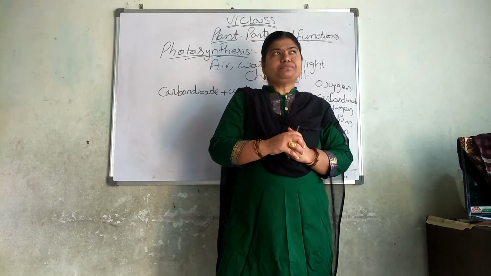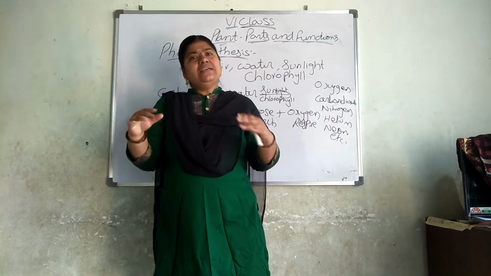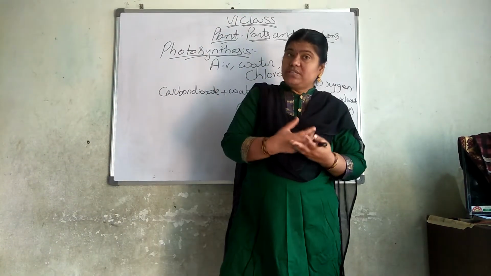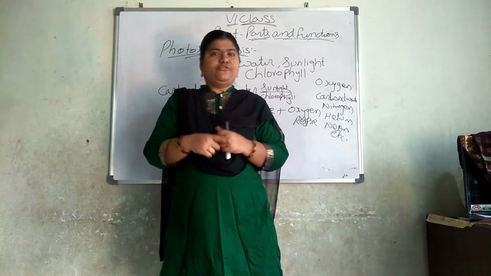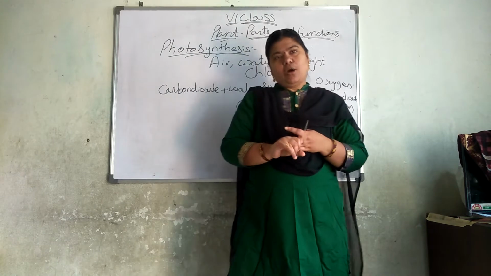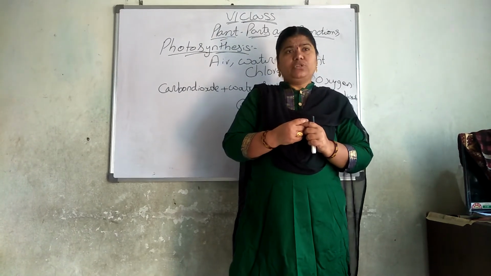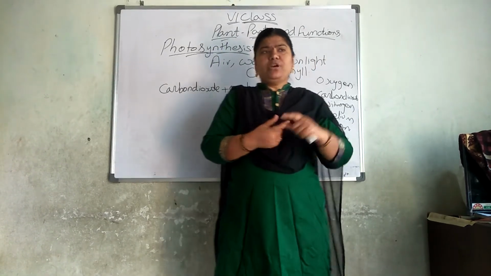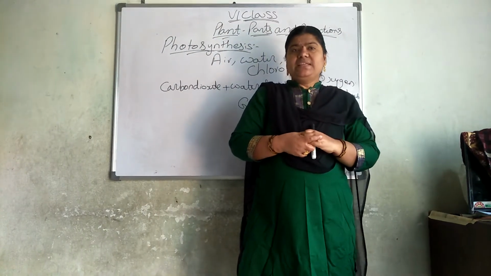Then next we are going to talk about: do all plants have the same variety of leaves? Do all plants have the same variety of stems? As I said, for all the plants, roots, leaves and stems are common, but all will not have flowers and fruits. All will not have flowers and fruits. So because of that, we can say that